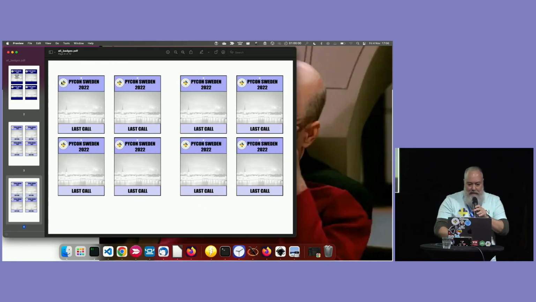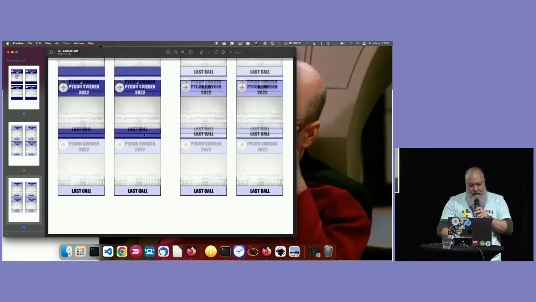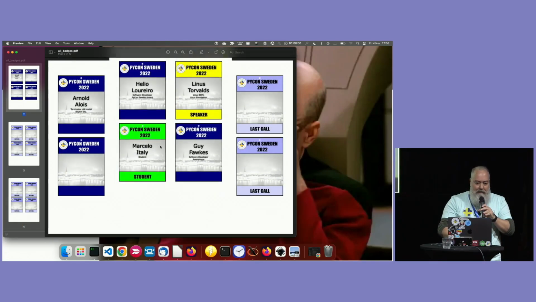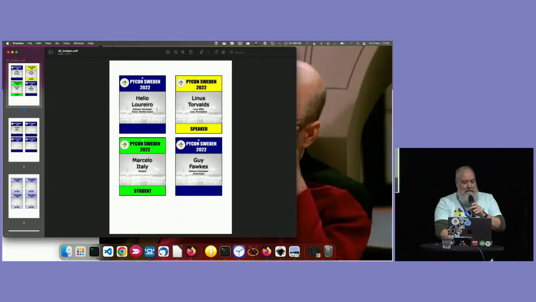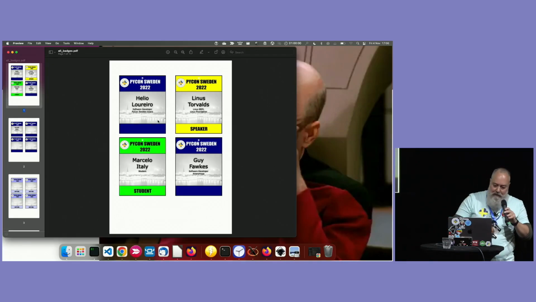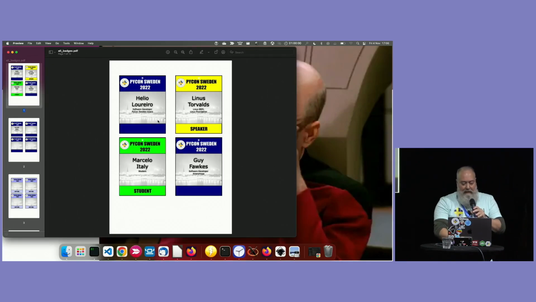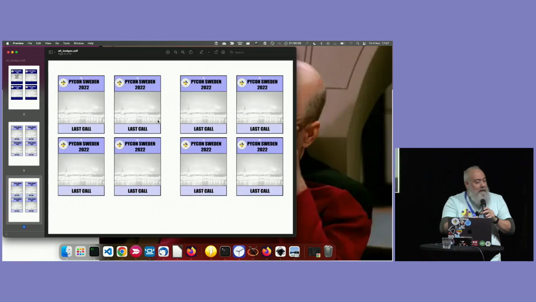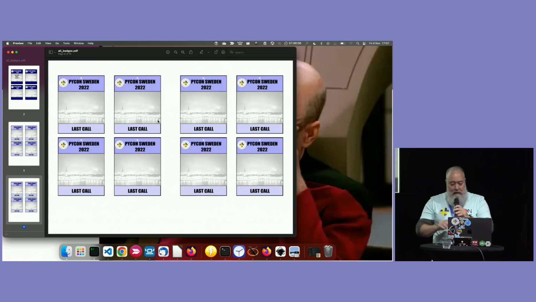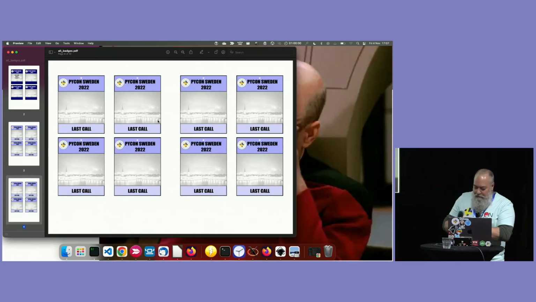So this is the final result. This is because it's just a template. We have the first ones printed here, and that's the badge we have. It was nicely printed by the company. That looks much better than the screen. And we also print blanks for people who get last-minute subscriptions to the conference. If you want to use